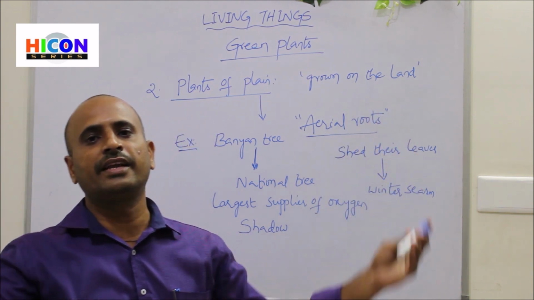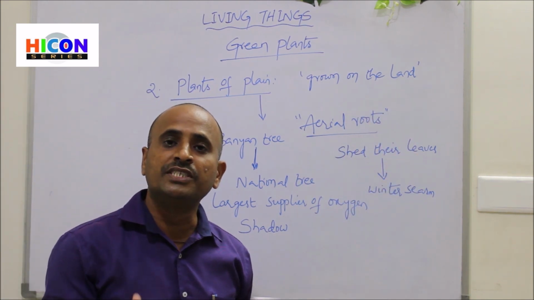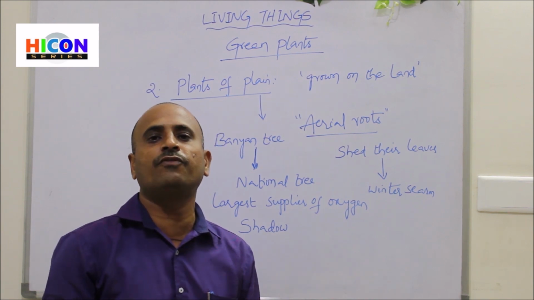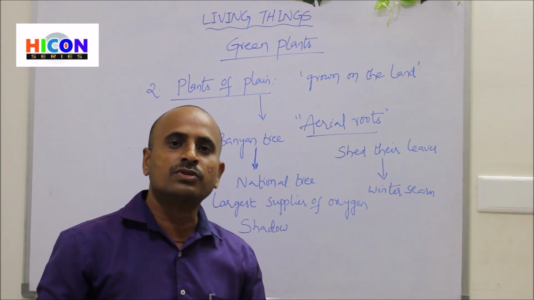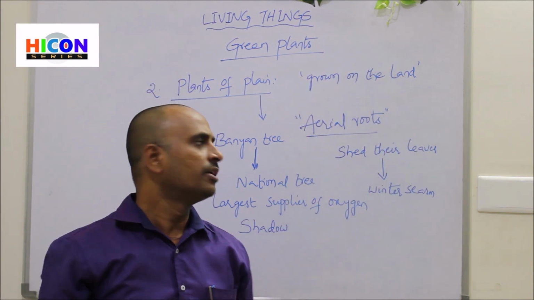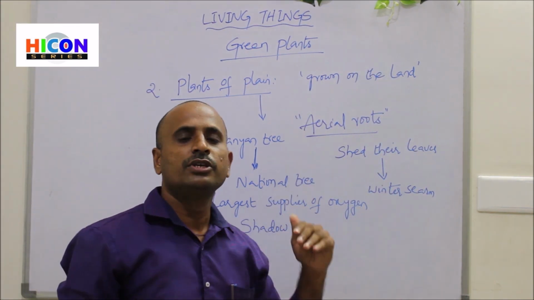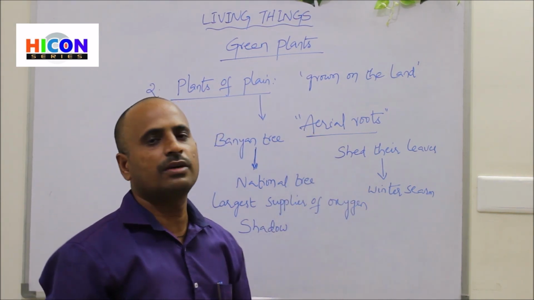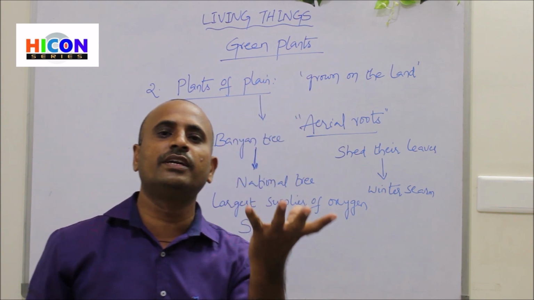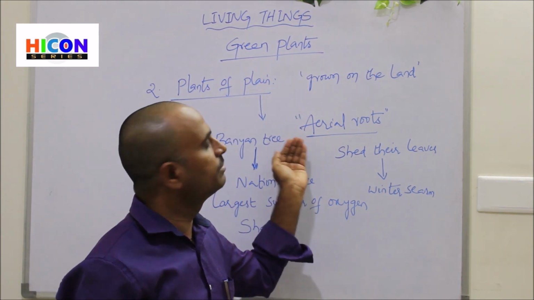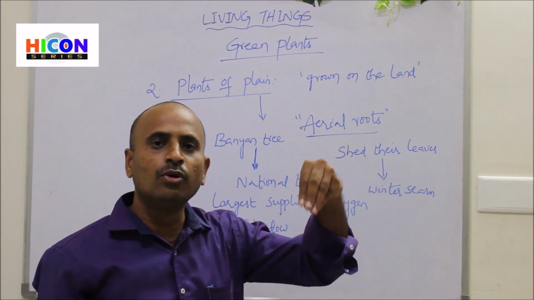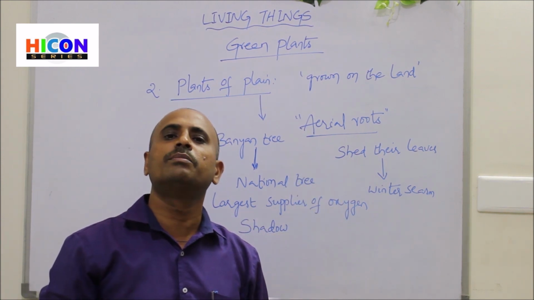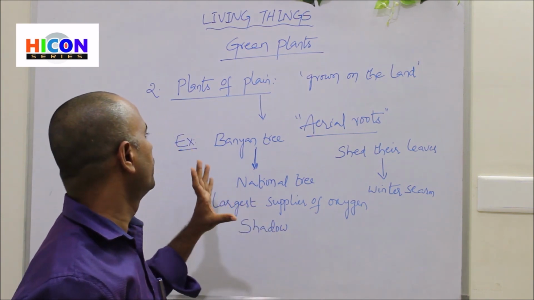And these aerial roots give support to the banyan tree, because the banyan tree is a huge, large-sized tree and the root present at its bottom under the soil is not enough to support such a huge tree. These aerial roots are produced from the branches, and after some years they go inside the soil and give strong support to the banyan tree. So this is about the banyan tree.